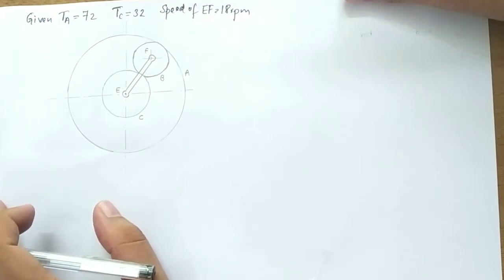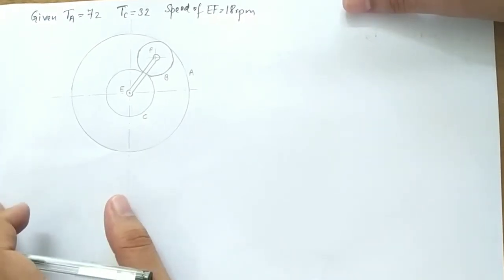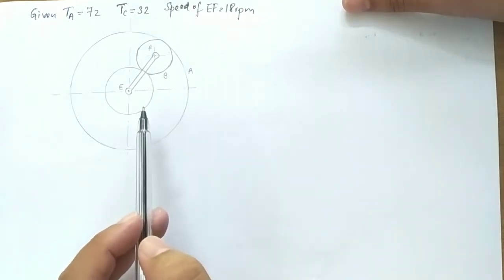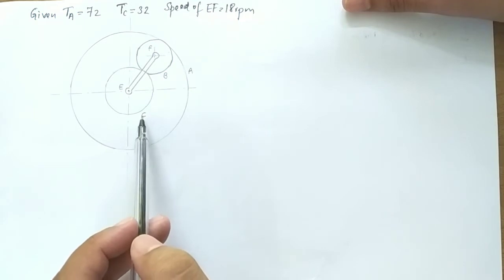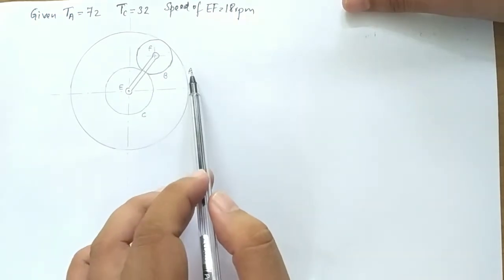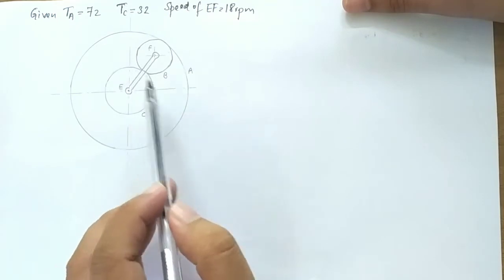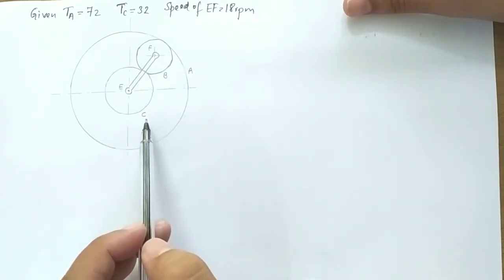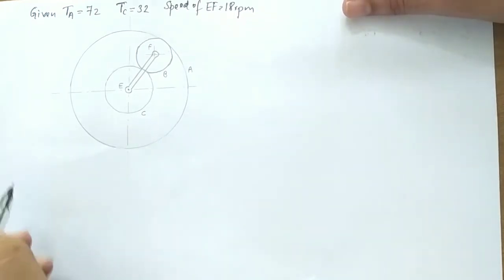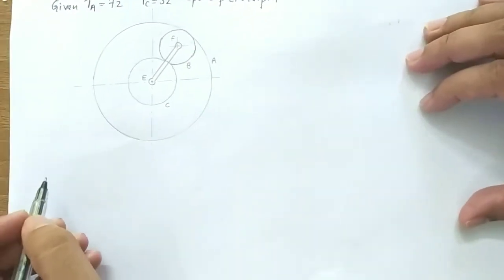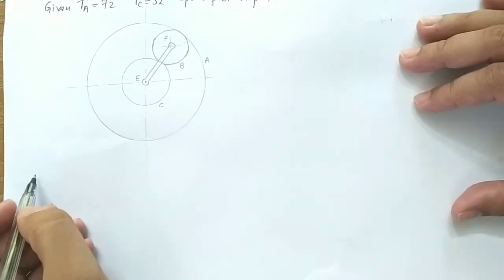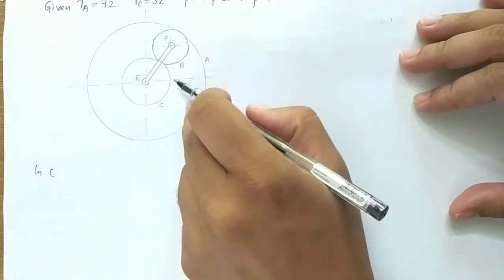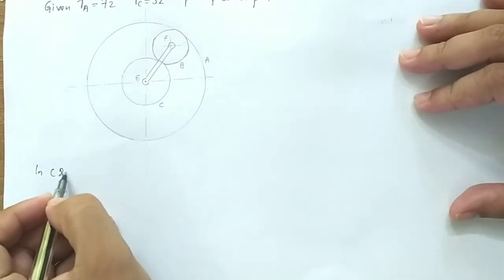Now we will see, first and foremost, what you have to do is take a gear which is either outside or inside. You can take from inside and go till outside, or you take A and come inside. So what I will do here is, first I will take the starting gear, which is the sun gear, which is there on the inside. So gear C is meshing with B. So C and B.